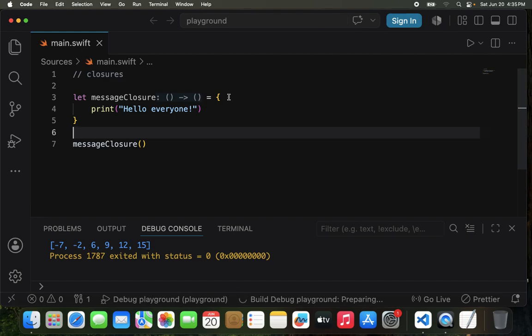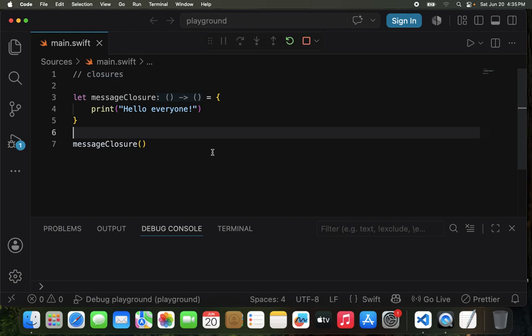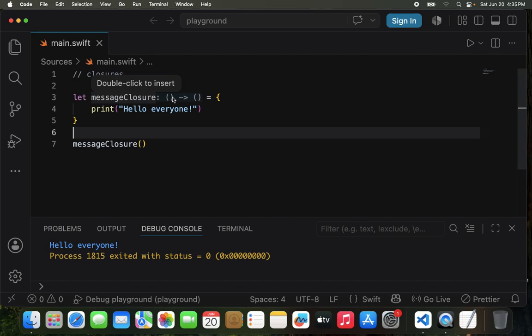So this is closure. So we got hello everyone. So this is like the simplest closure. Now this closure could also take a parameter. So for instance, we could have, I don't want to confuse us. So in here we pass this. We said closure